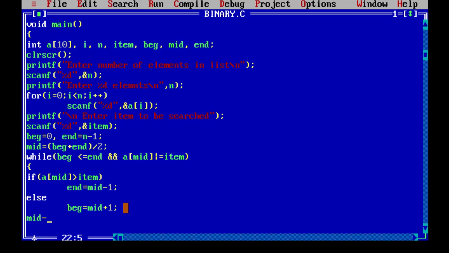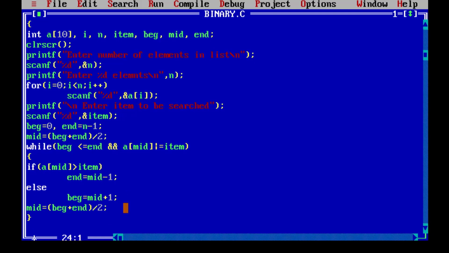With the same formula, the control will come out of the loop if the elements of the list have been searched, or if we have found our desired element at the middle location.